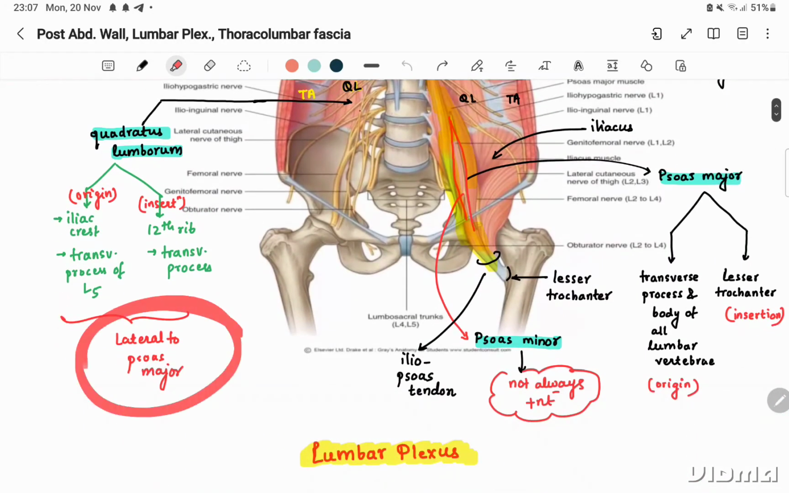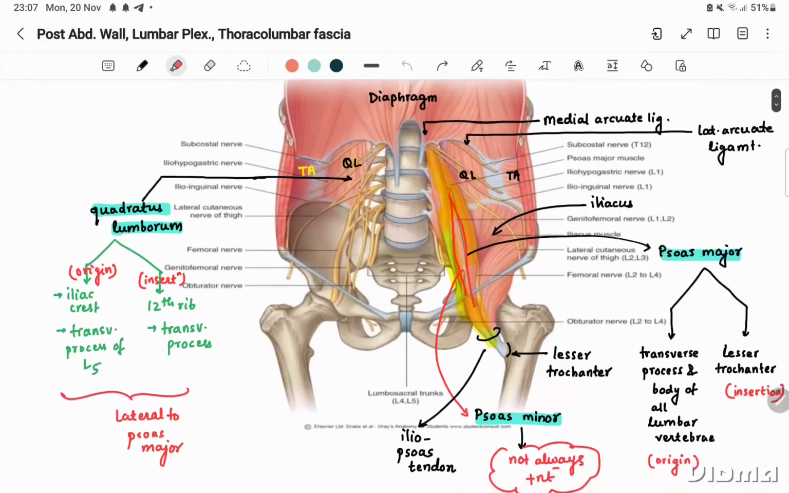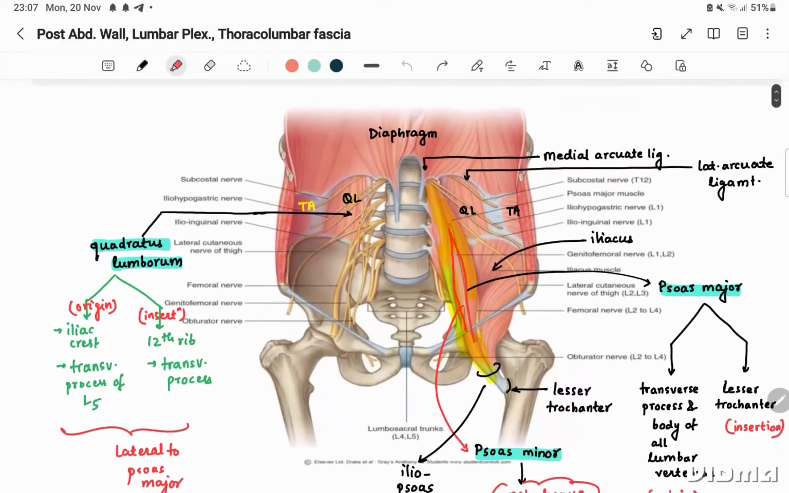Okay, and it is lateral to the psoas major. So you can see the psoas major muscle here. This is the psoas major. And this quadratus lumborum is present laterally to the psoas major. And then we have the iliacus here,